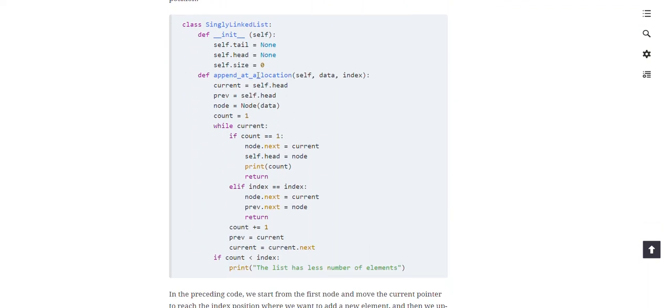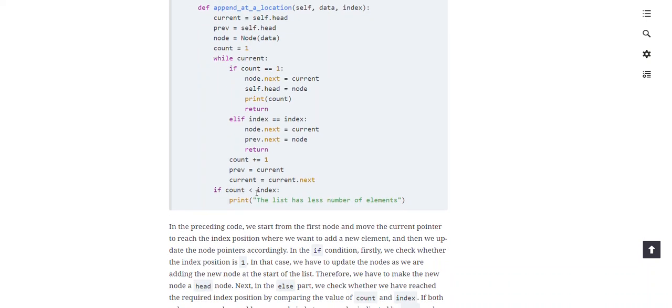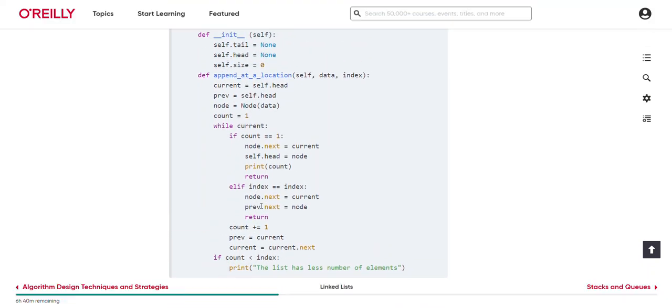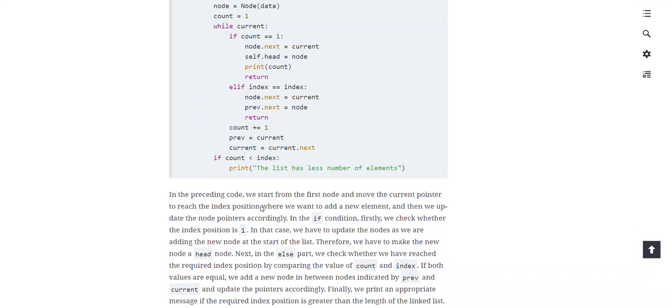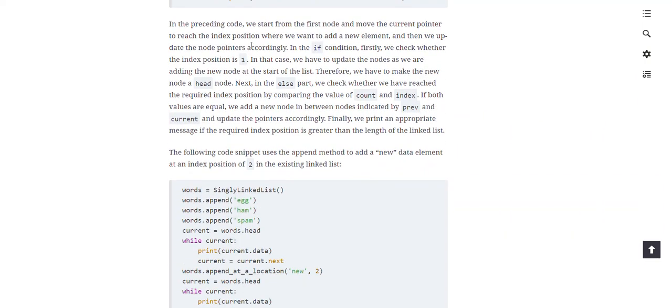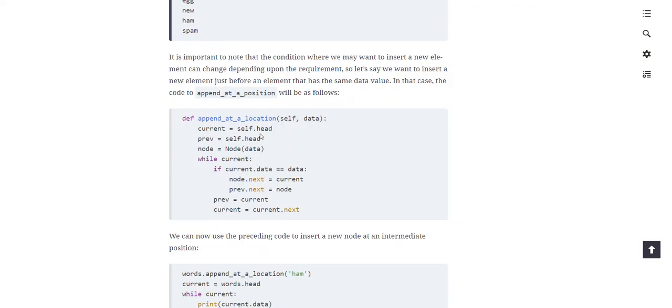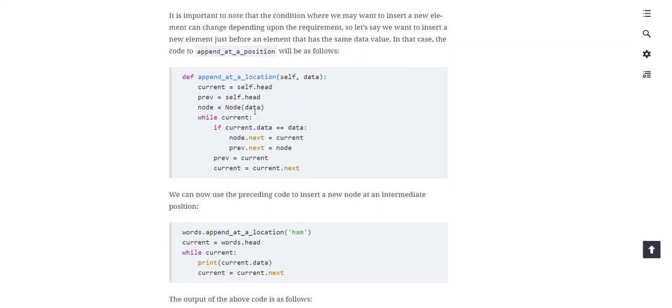And here's Python code to go through and do what we need to do, navigating this singly linked list. Here's our insertion, or they say append at a location. Where is it that you want to insert? I want to insert after a specific piece of data,